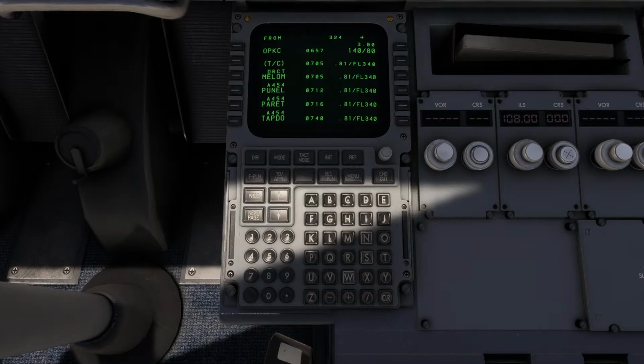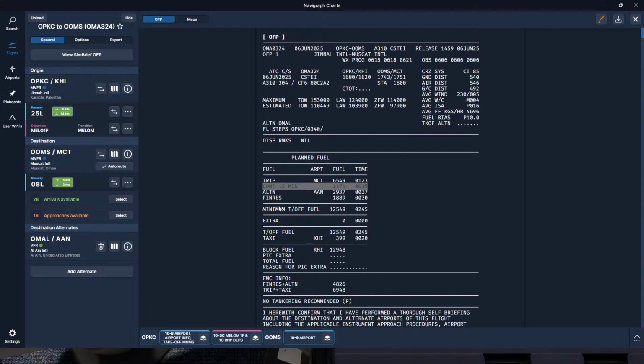So if I put the OFP back onto the screen, you'll be able to see